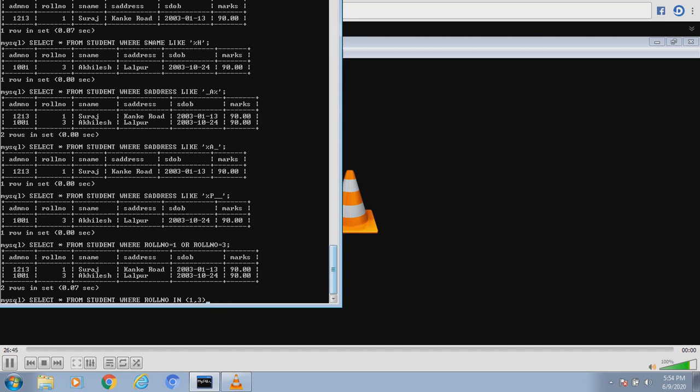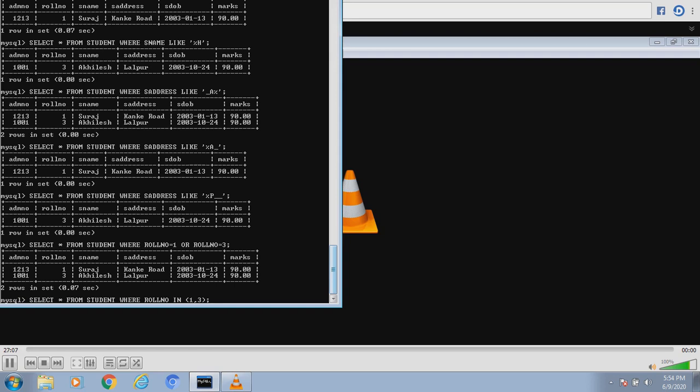So how we give a match? We give using the keyword IN. What it does is it checks for the records of the table and matches it with all the roll numbers in the given list here. We will give a semicolon and see we get the same result.